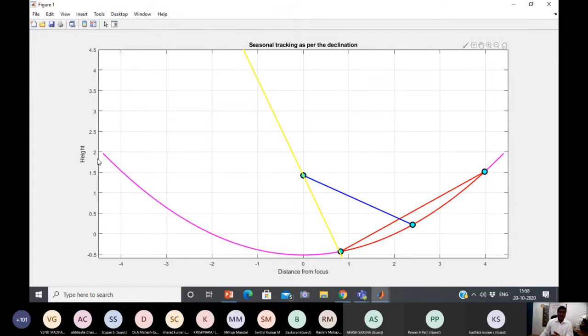We can also see the pink color line. The pink color line is moving like an umbrella. The umbrella is opening and the umbrella is closing. So that sort of flexibility has been provided for this scuffler reflector. If the flexibility is given to the scuffler reflector, this reflector is a glass.